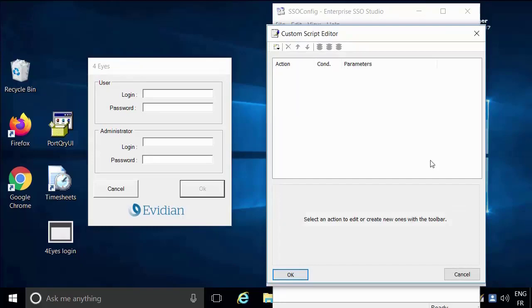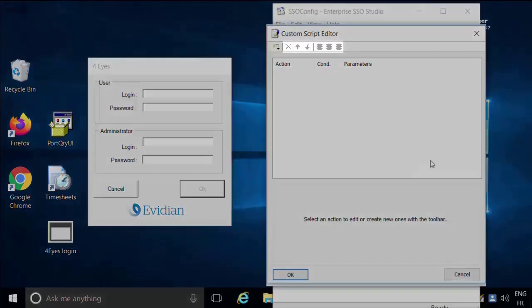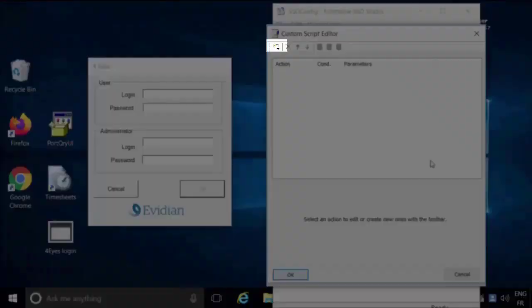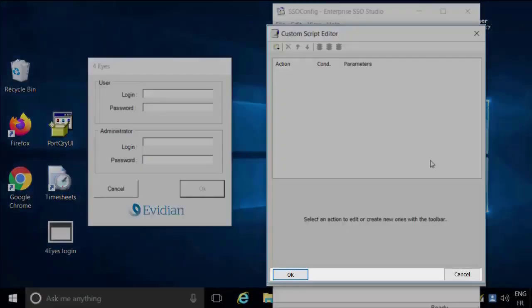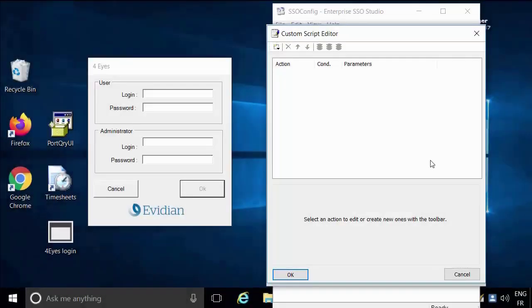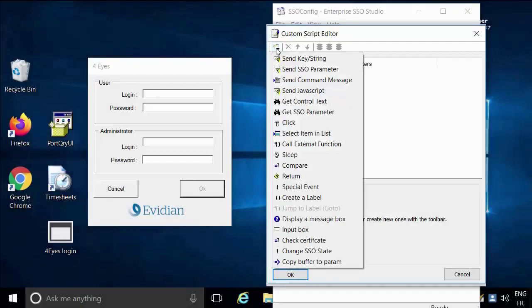The Script Editor window is made up of 4 elements: a toolbar, an action list, a dynamic panel allowing you to edit selected action parameters, the OK and Cancel buttons. On the left of the Script Editor toolbar, click on the Script Editor actions. For 4eyes authentication, we are going to use the Send SSO parameter, Display a message box, Return, Click, and Get